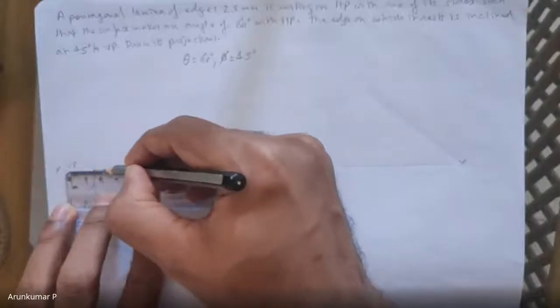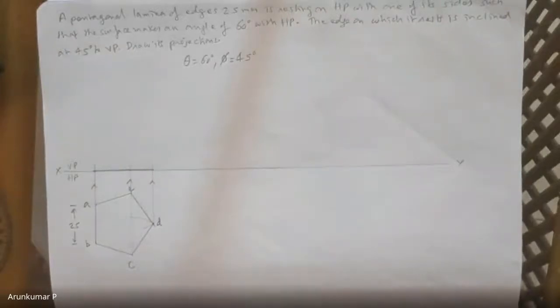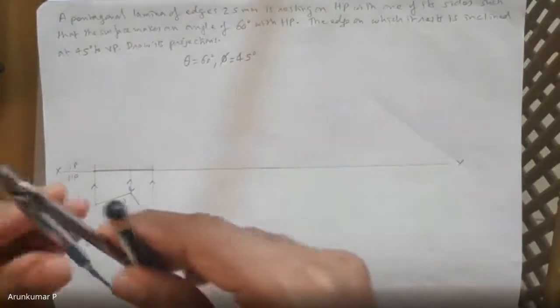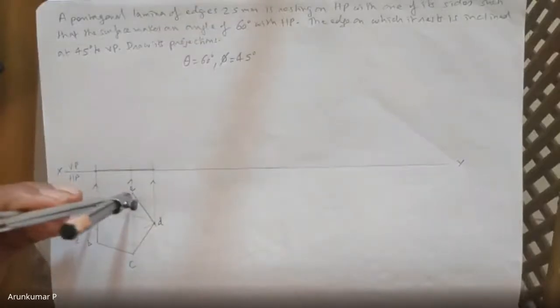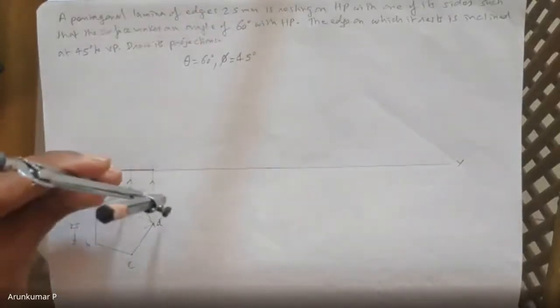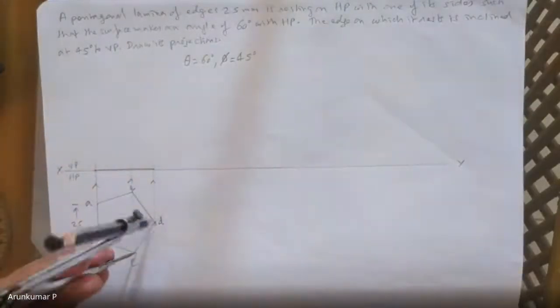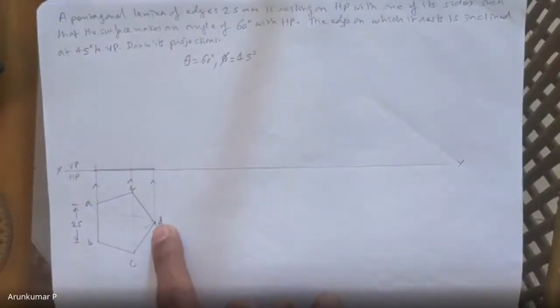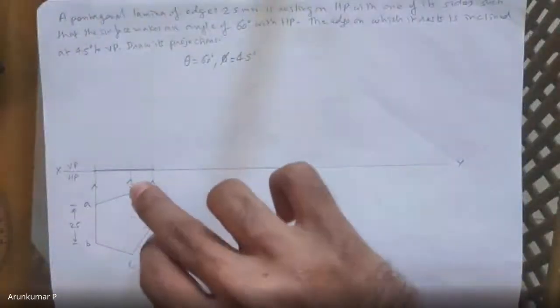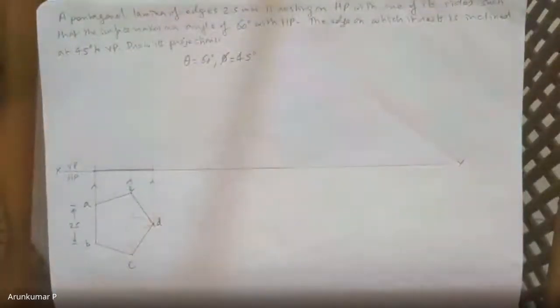Can you explain it once again, how to cut it? What? No, that is optional. If you want, you can cut. Otherwise, you can use the same protractor at 108 degrees. So what I've done is I've measured this 25 mm, the edge length, and with E as center, I've made an arc. With C as center, I've cut the arc. So basically, what you're doing is taking 25 mm lines and making them cut each other. So this is called locating the distance with the help of arcs and with the help of the rounder.